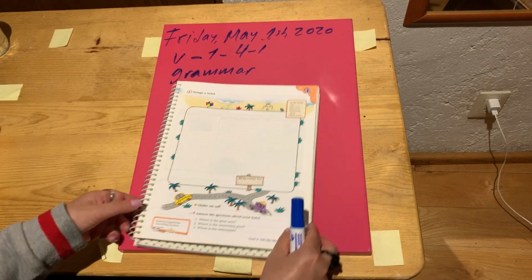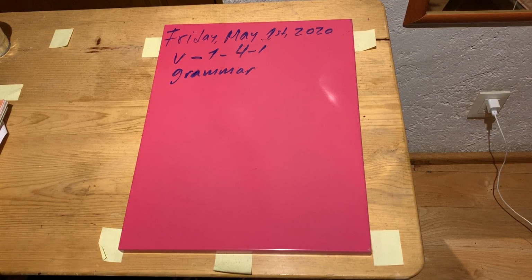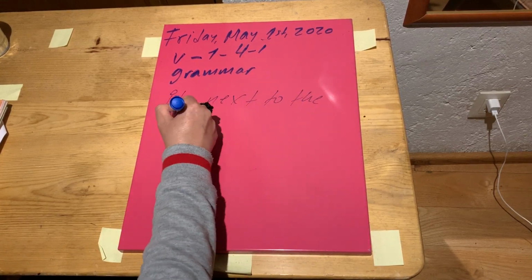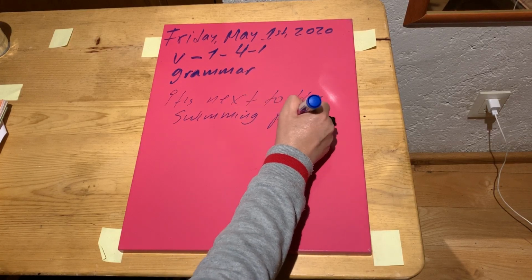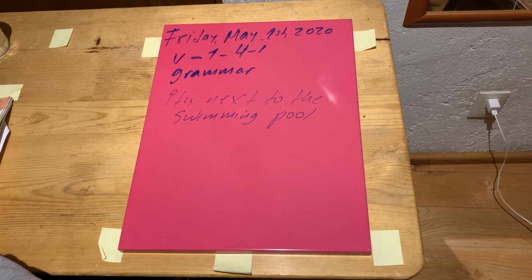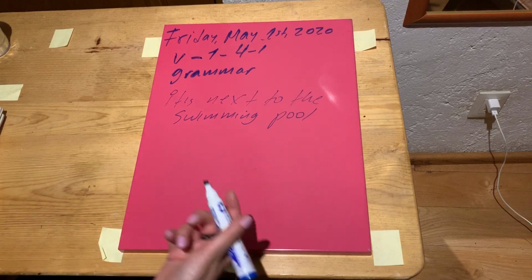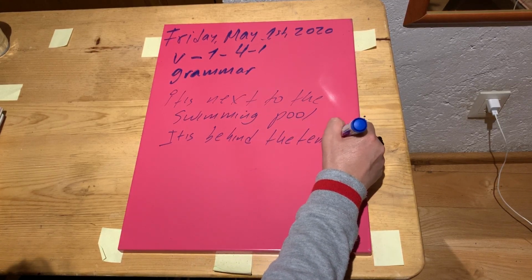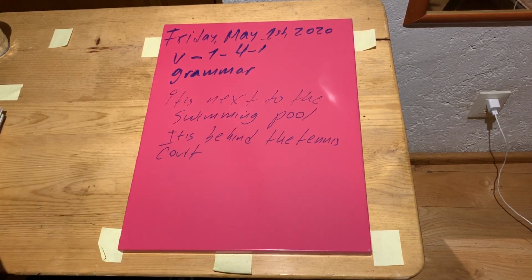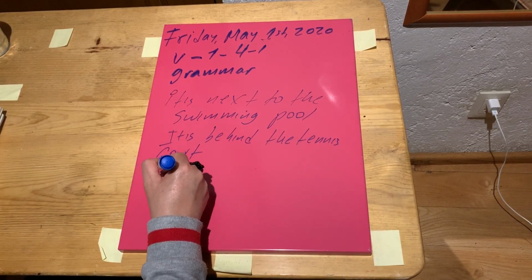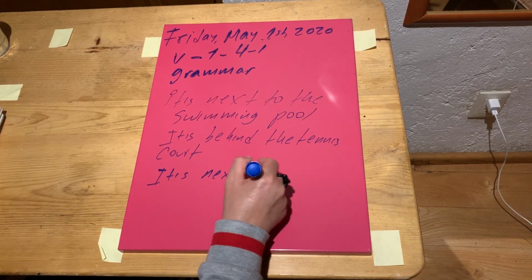Where is the play area? For example, you can say, where is the play area? It's next to the swimming pool, for example. Yes. Where is the swimming pool? You're going to have your drawing. Where is the swimming pool? It's behind the tennis court. And for example, where is the restaurant? You can say it's next to the cafe, okay? It's next to the cafe,